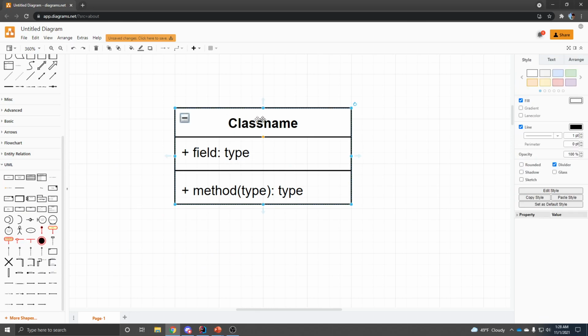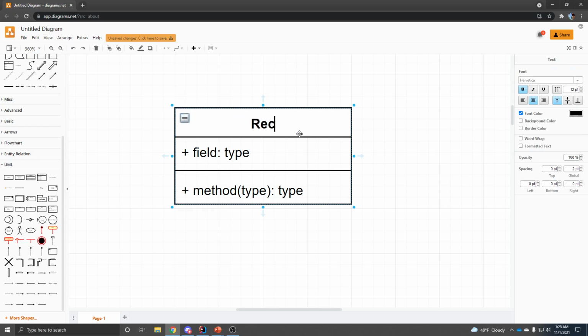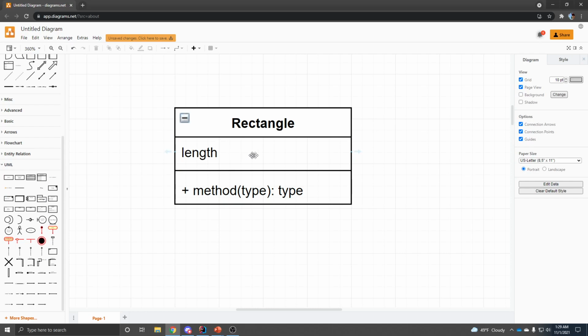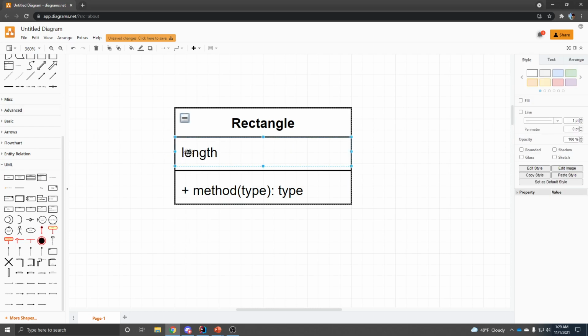So we said the top section of the UML was the class name. So I'm going to put that here. We said the middle section was for our fields. So my first field is length. And if you're using Lucidchart, I think there's little plus buttons here that you can use to add more than one. If you're using diagrams.net, this fifth option. It just says